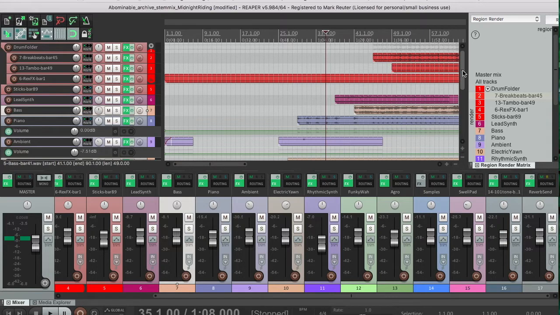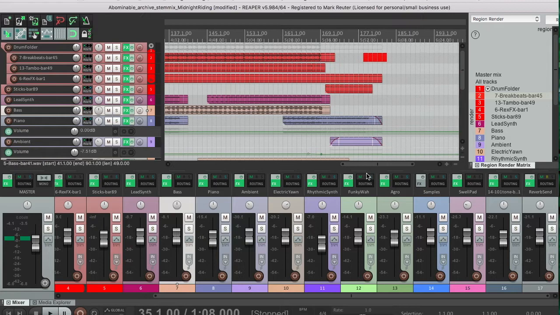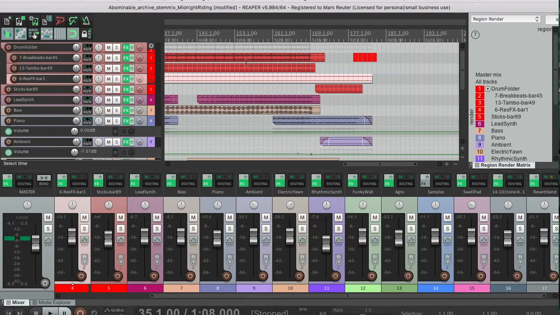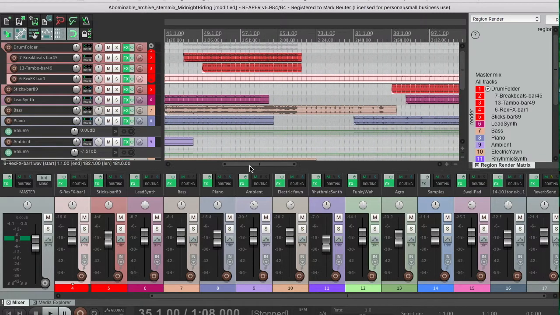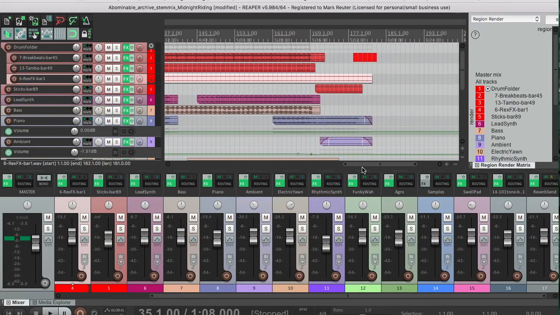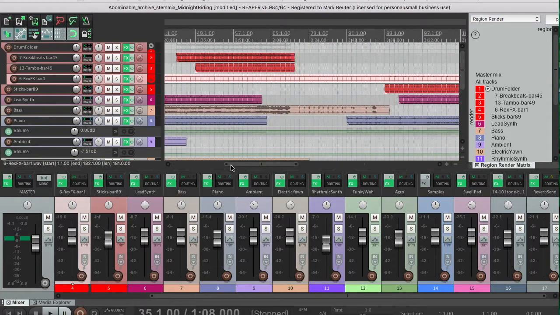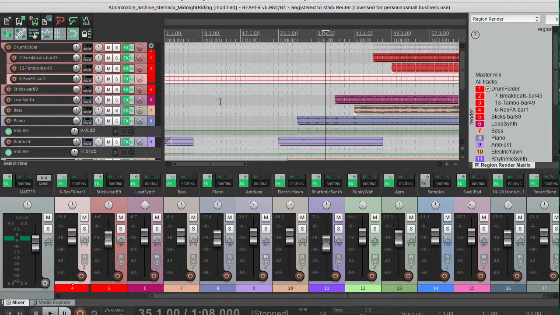If you've got terabytes and terabytes of disk space, the easiest thing is like this Rex FX bar 1. That stems the entire song. Pretty much, this is the most simple way of arranging your stems: just one single stem stemming the track, hence the name stem. Coolio. Let's just hear a little